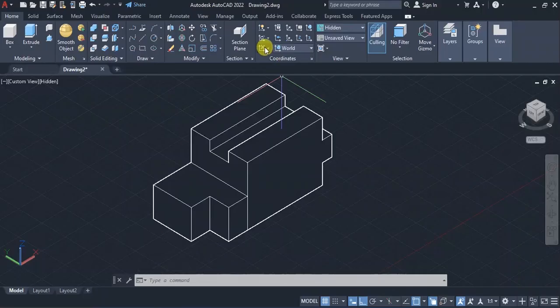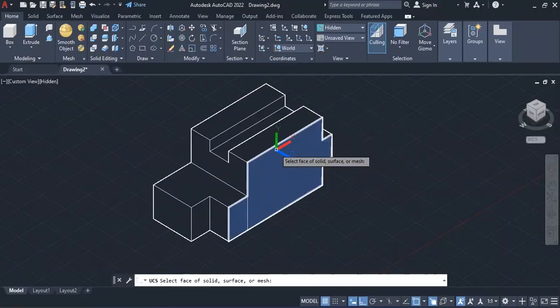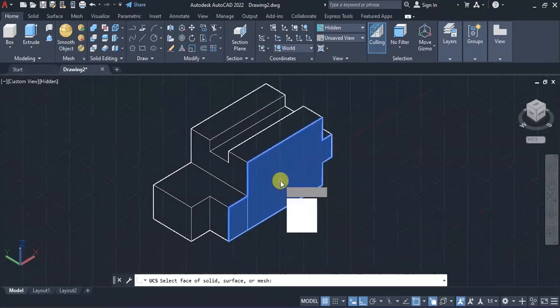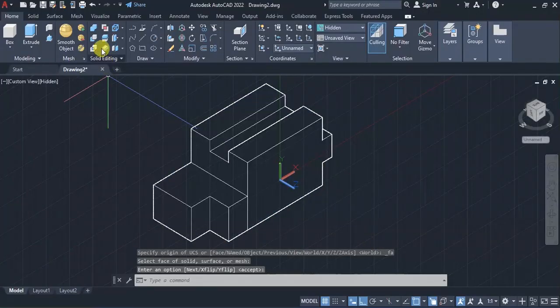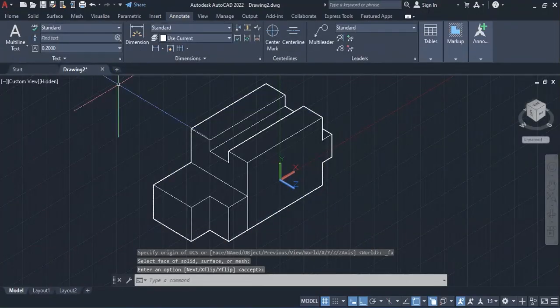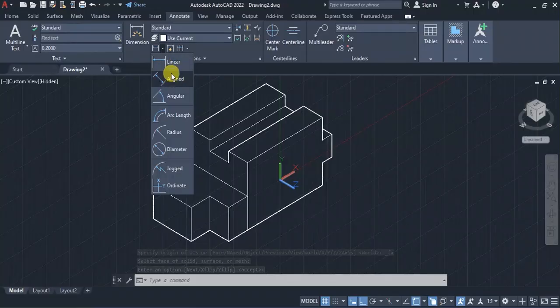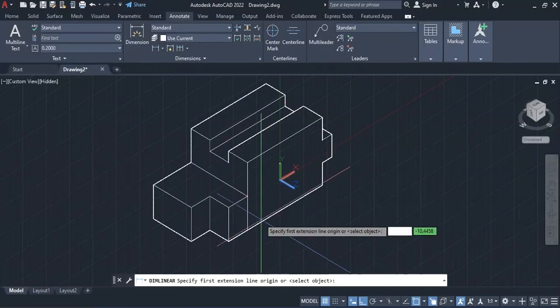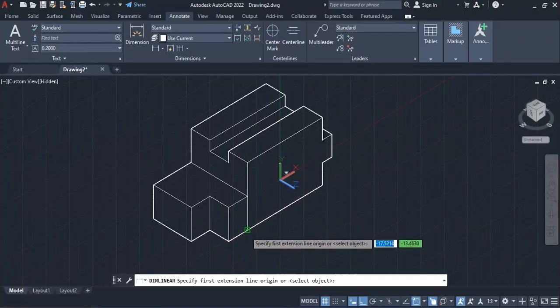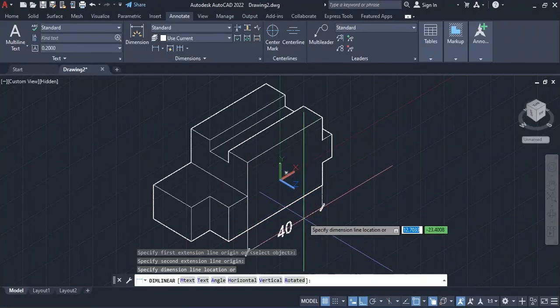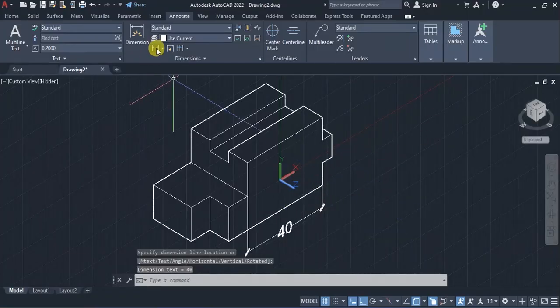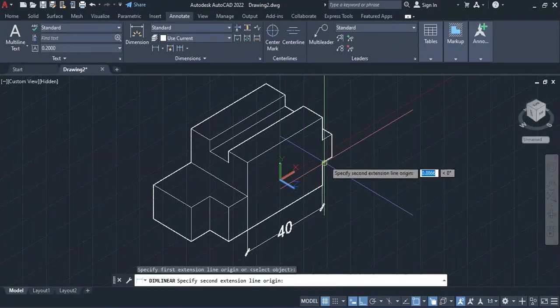Then from this coordinates part, we're going to change to face to determine what face do we want to dimension. For instance, if it is this face, we click here, we'll accept, then we'll go back to annotate, then pick either linear or whichever dimension that you want. So I'll pick linear, then we'll annotate, let's say if it's from that point to that point, such, or if it was from this point to this point,